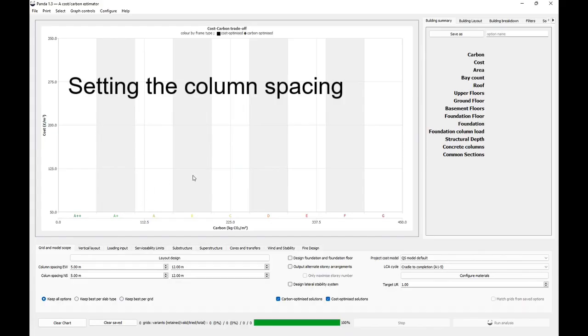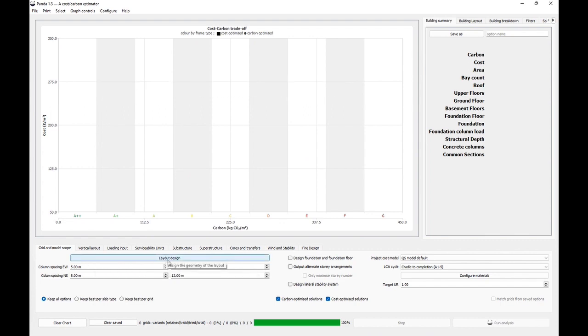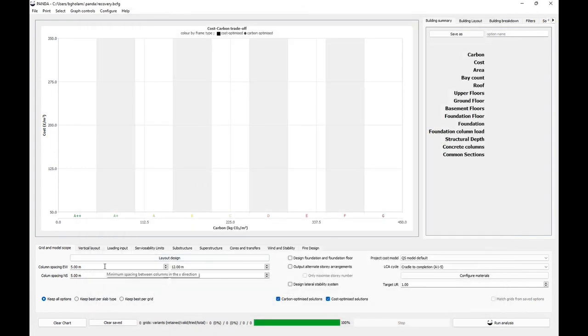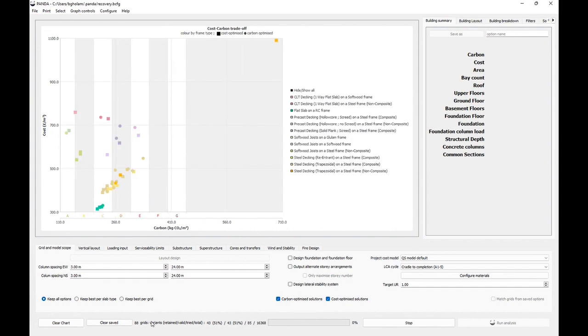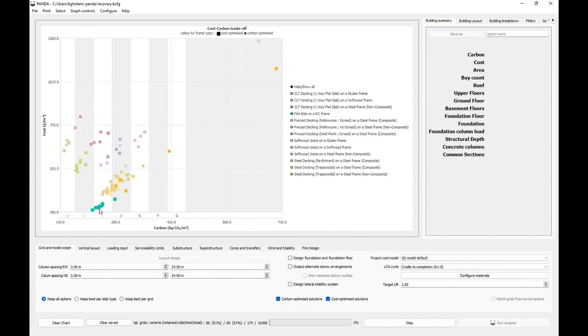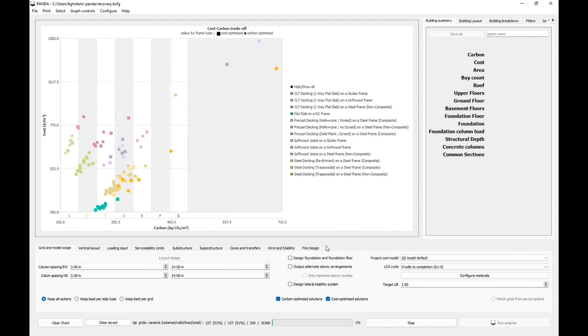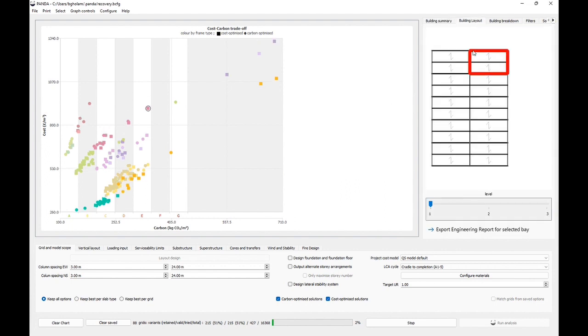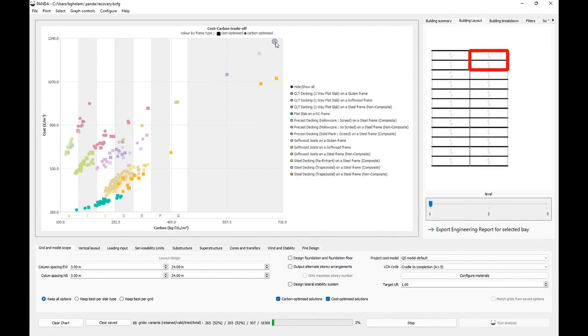Okay, so in this clip, we're going to just show how we set column spacings. So build our default shape, we add a few floors in, press OK. Now, these parameters here always need to be set according to the project you're working on. So let's show the impact of putting these right up. So we're stretching these right out between 3 and 24 meters. We run analysis. We can see that for our simple shape, Pandas generated 88 different grids, 16,400 options. So what we can see by clicking on a layout is that as we go up,